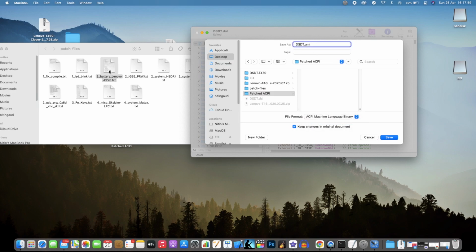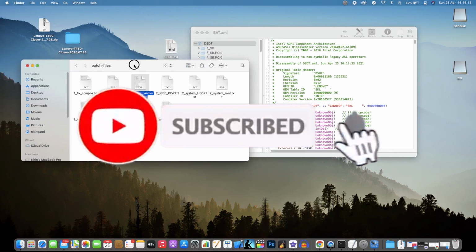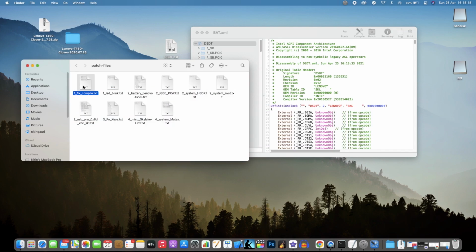Okay, and we have taken the battery patch over here. So we have patch.dsdt for battery. You may rename it now as something like bat.aml, and save it. And please do this for all the files. You may see a few files not taking the patch, whereas the patch is not required for a few files.